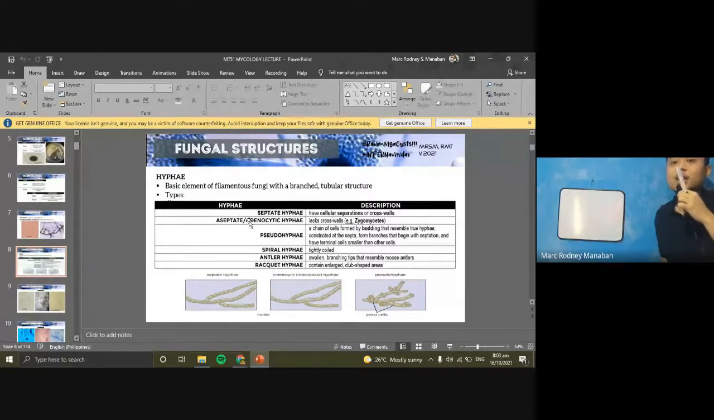Okay, so these are chains of cells that are formed from budding, and there is constriction at the formation, and they form branches that begin with septation, and they have terminal cells smaller than other cells. Sige. So the true hyphae, as you can see, is parallel and medyo straight, tube-like appearance. But for your pseudohyphae, these are the mother cells, and then siya bud, and then